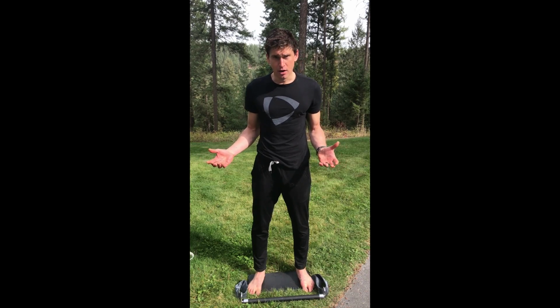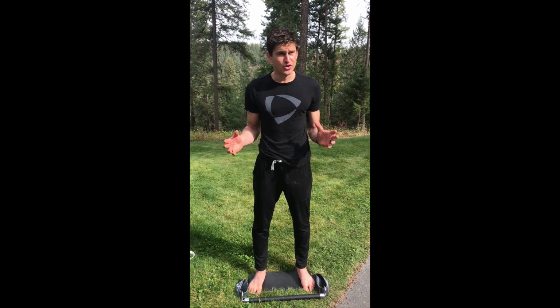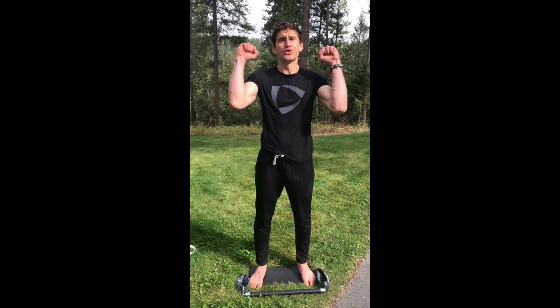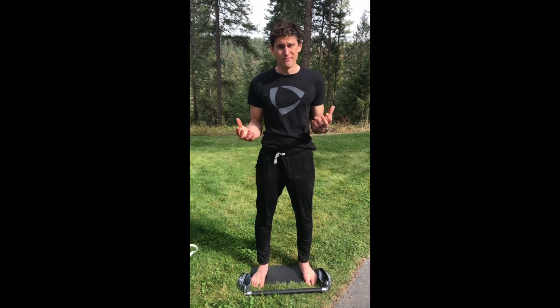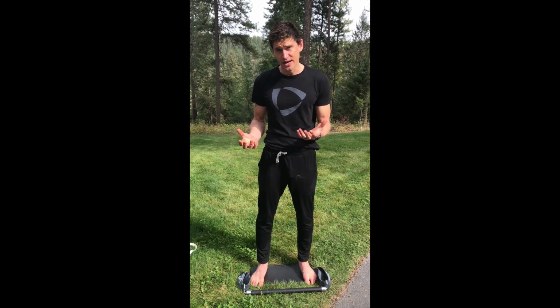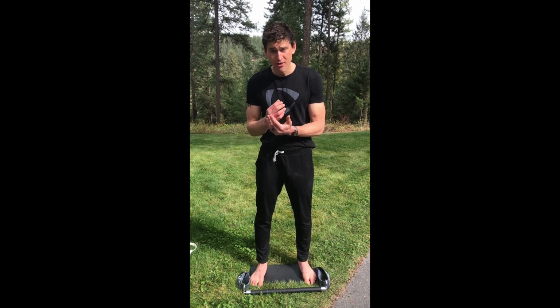So I'm out here in my backyard, and one question that I've gotten about this X3 bar is, do you just have to use it for bodybuilding type of moves, like bicep curls or tricep extensions or something like that? And the answer is no. And furthermore, I don't even like to mess around with those moves. I like to do some of the full body sequences using the X3 bar. So just so you can see how this thing works, I want to show you 3 of my favorite moves